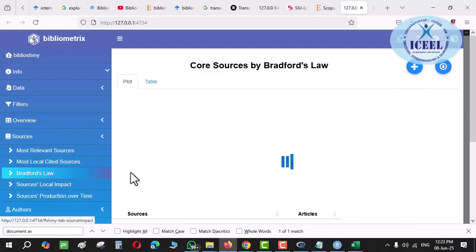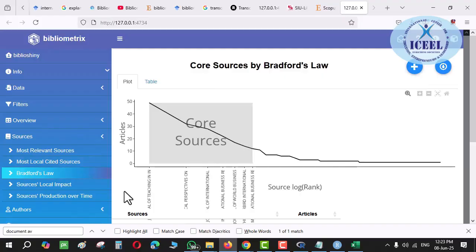Now, Bradford's law. This is very much in detail and very much confusing and complex also. I'll send you certain good material concerned with this. Bradford has proposed this particular law. Also, it is known as the law of scattering. What does it mean? It describes how information or specific articles is distributed across the different journals. Bradford said that journals in the field can be divided into three parts.